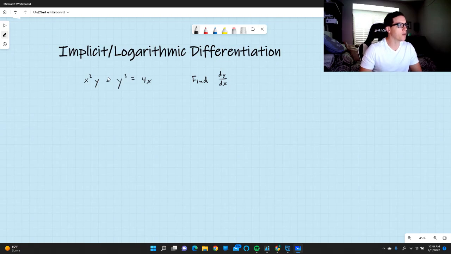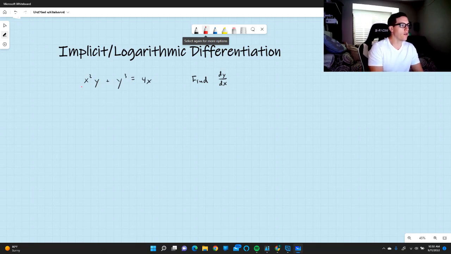This is given implicitly. It's not a function, it's a relation, because if you were to graph this, I'm pretty sure it would overlap itself. There'd be multiple outputs for one input. So this is a relation, but we can still find the rate of change of y with respect to x using this process called implicit differentiation. We're going to be doing this a lot for the next few days because we're going to start something called related rates pretty soon. You just take the derivative of everything like normal,